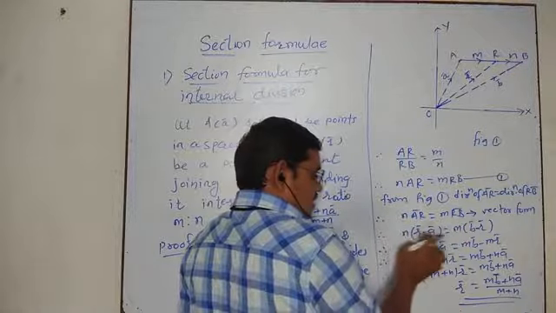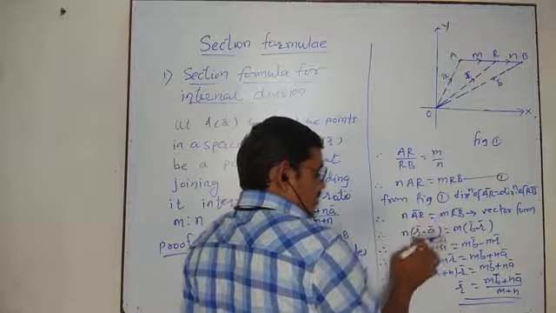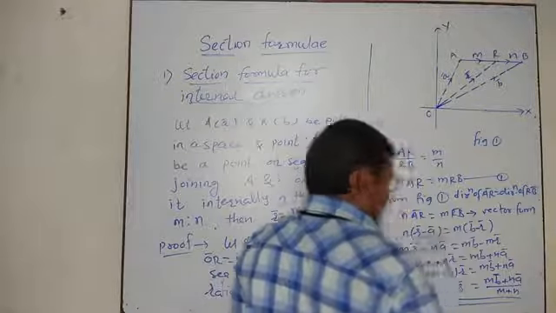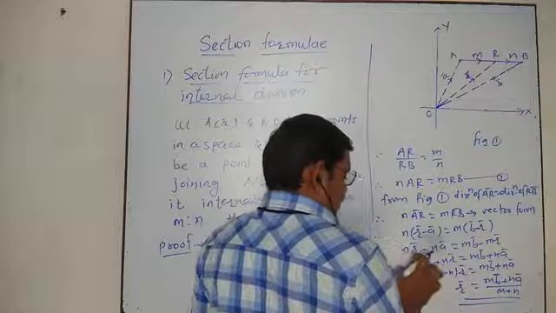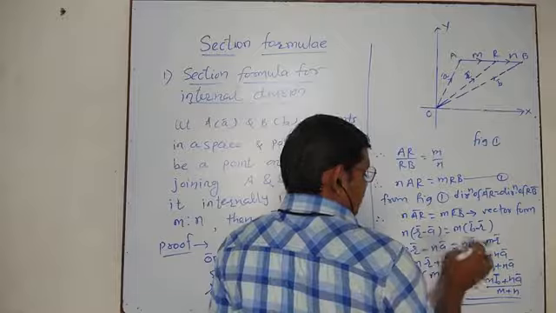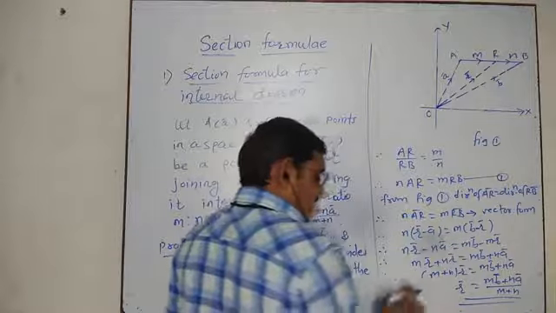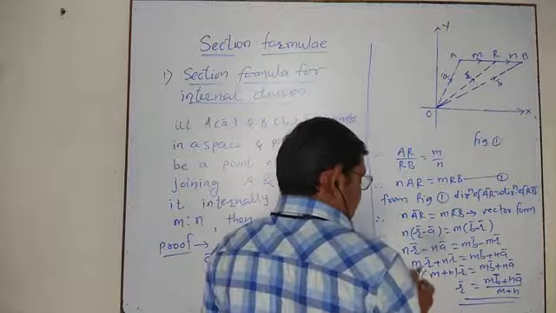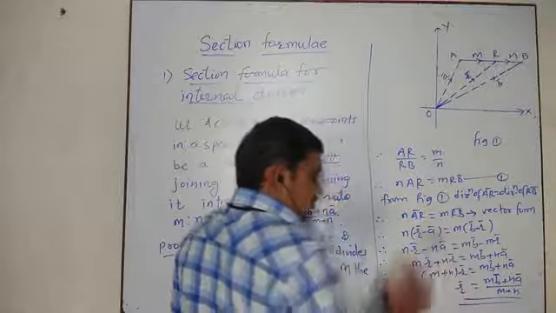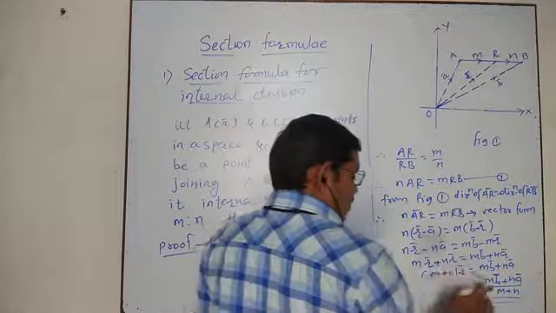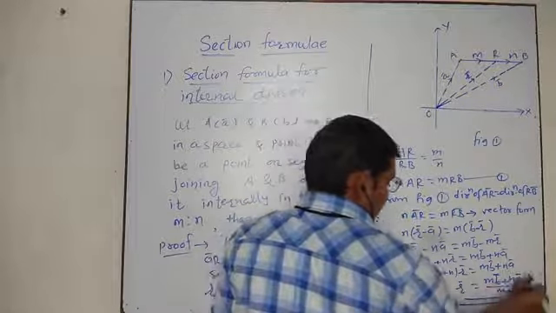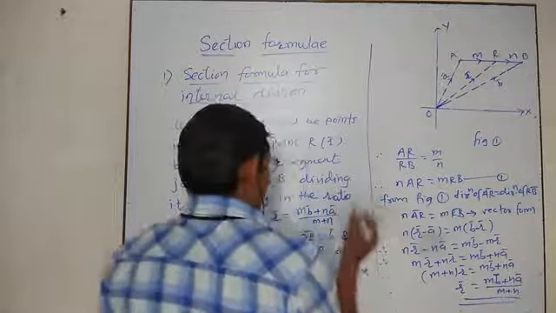These are the position vectors. So AR bar is equal to R bar minus A bar is equal to M into B bar minus R bar. Simplifying, we get N into (R bar minus A bar) is equal to M into (B bar minus R bar), so NR bar minus NA bar is equal to MB bar minus MR bar. We take the transformation. We get MR bar plus NR bar is equal to MB bar plus NA bar. M plus N into R bar, common, is equal to MB bar plus NA bar, and finally we get R bar is equal to MB bar plus NA bar upon M plus N. That is what we wanted to prove here.